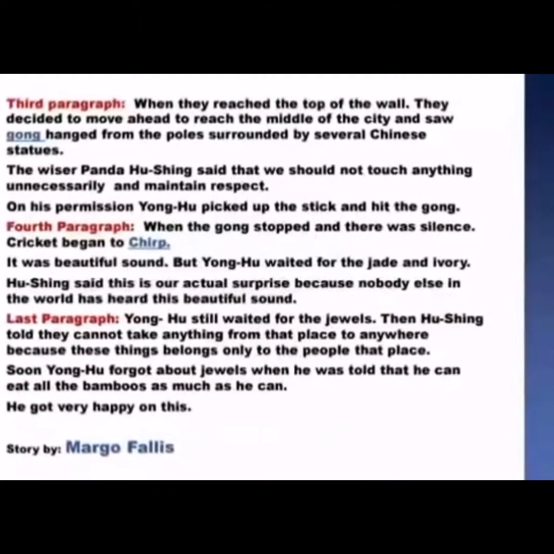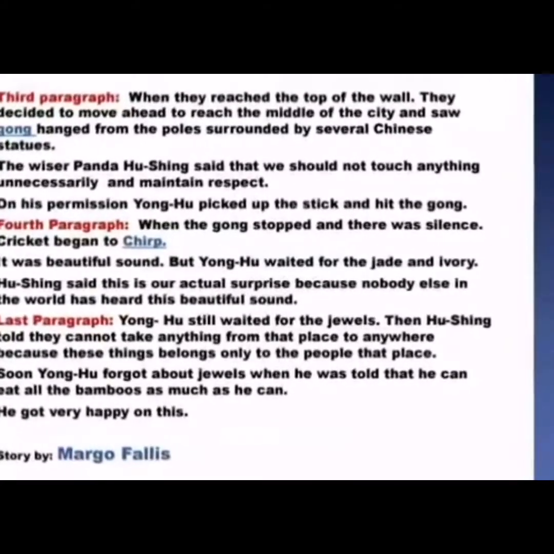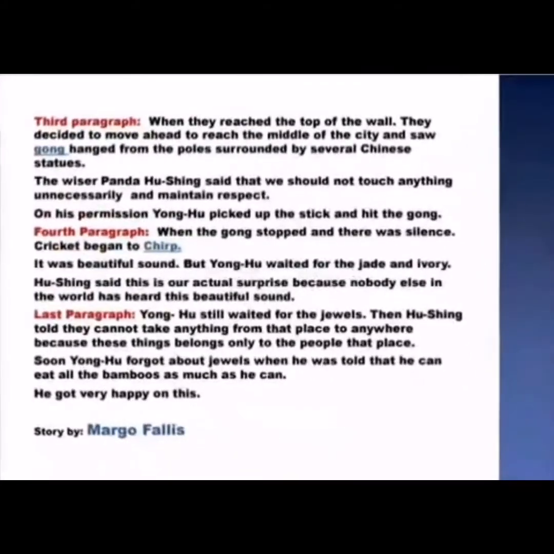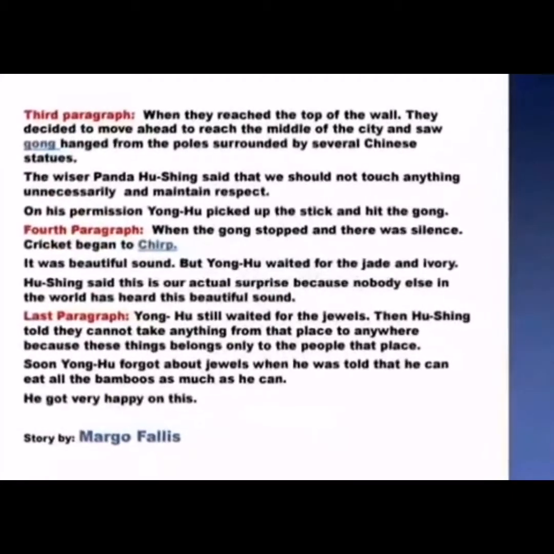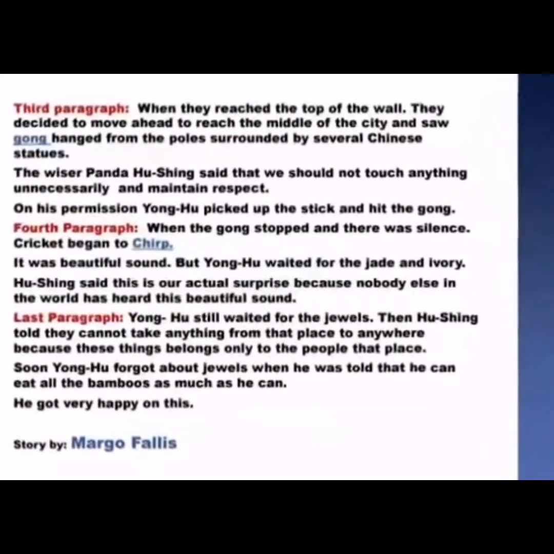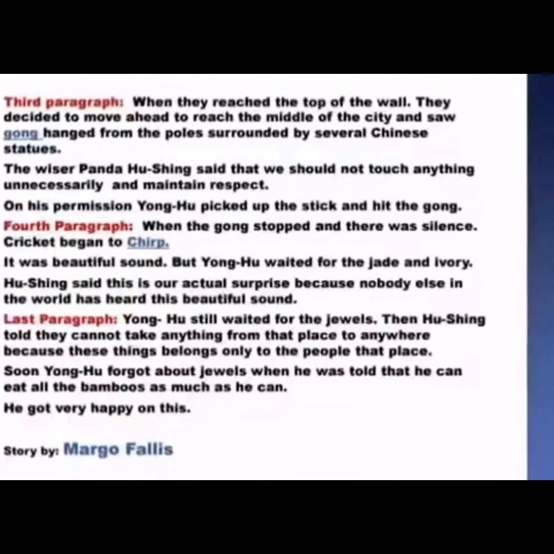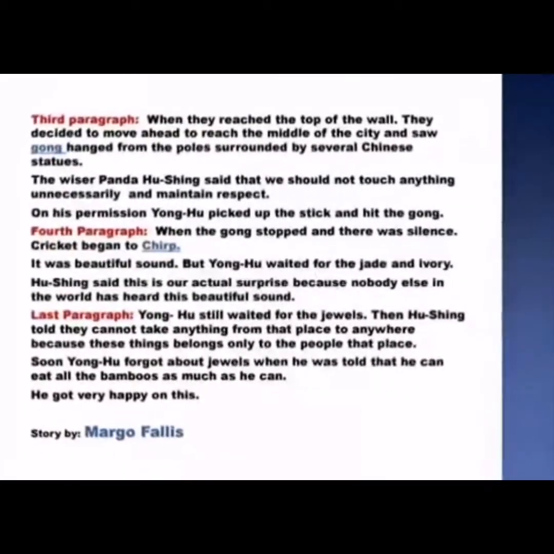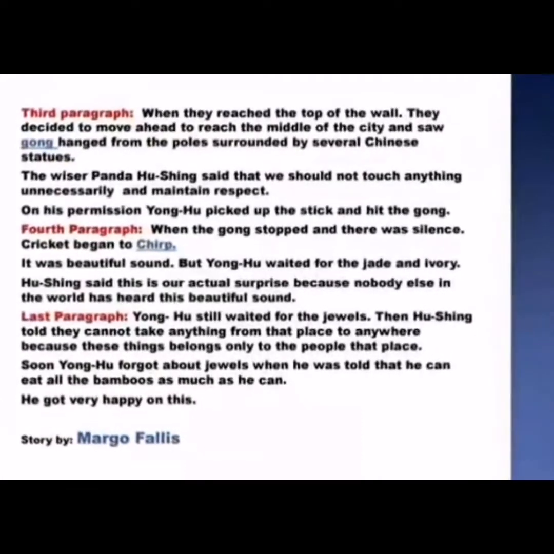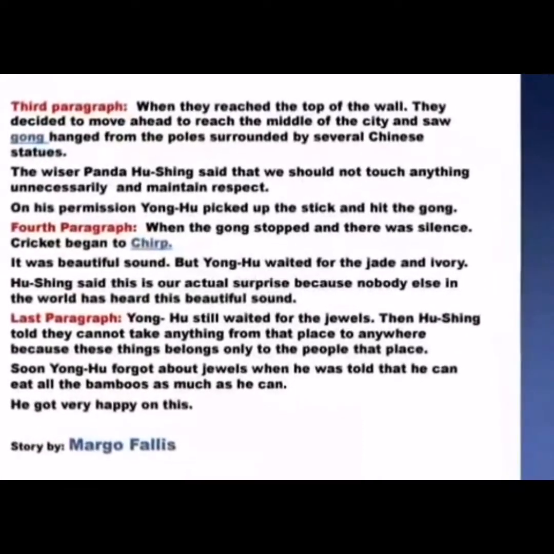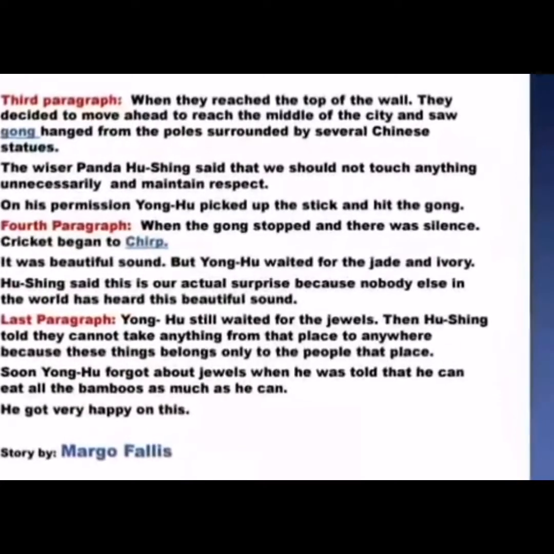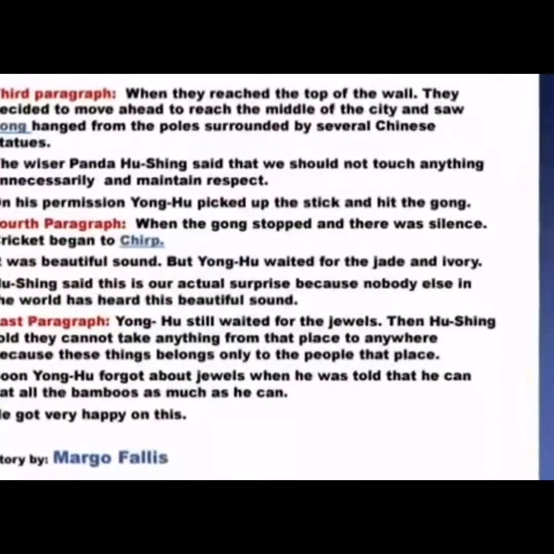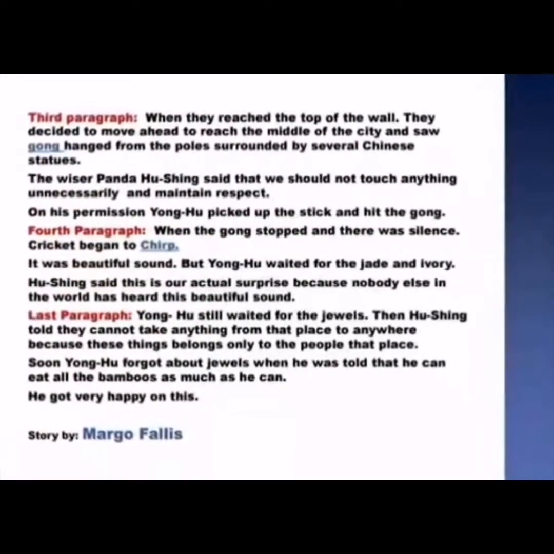It was beautiful sound, but Yonghu waited for the jade and ivory. He was not taking interest in all these things, he was just waiting for the precious things. Hu Xing said that this is our actual surprise because nobody else in the world has heard this beautiful sound before. In last paragraph you will see that Yong Hu still waited for the jewels and he asked about them